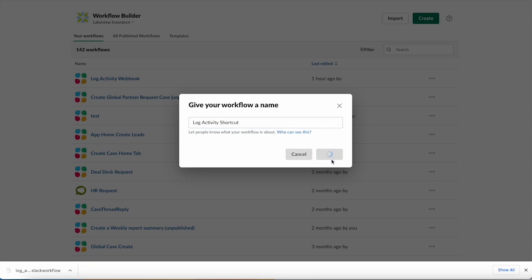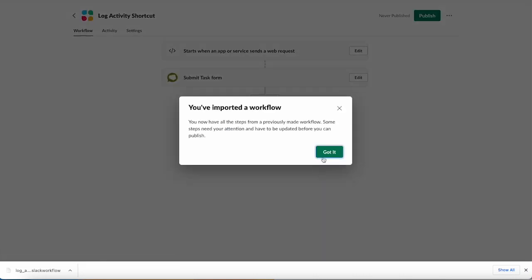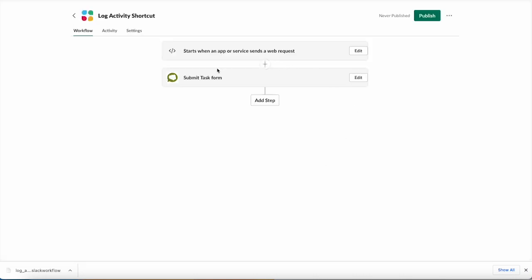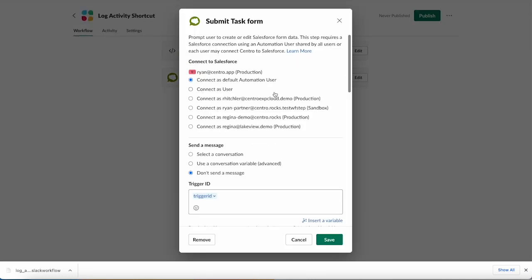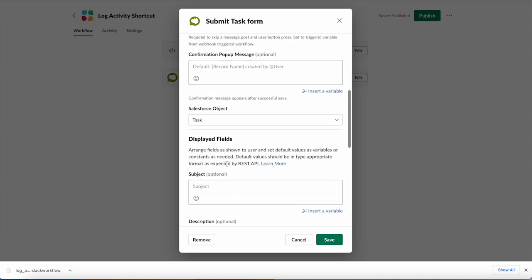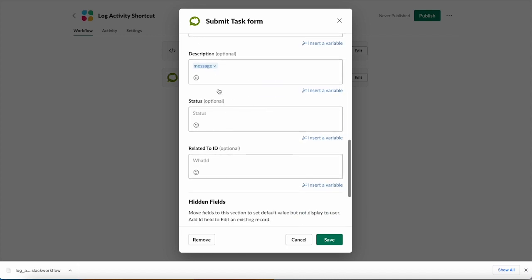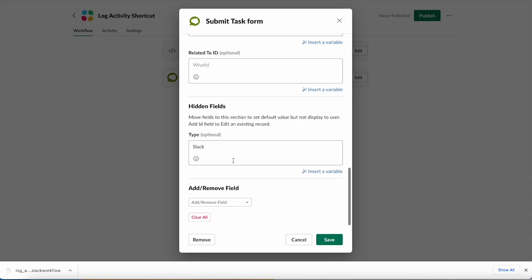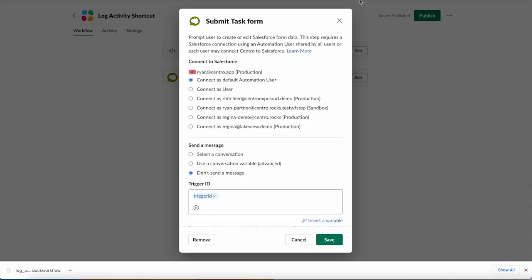You can change it if you want or keep it. And this is a pretty simple workflow, but go ahead and feel free to modify the form. We suggest a task object to be logged in this way. Here are the fields that we chose to show at the sample, and we set the type to hidden. You can modify this any way you want,